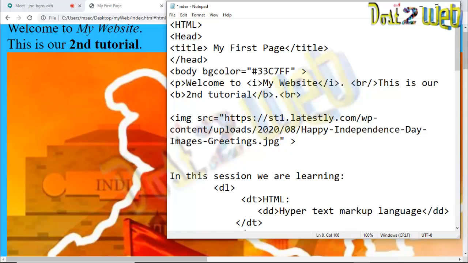I'll use width is equal to 50%. Height is equal to 50%. Okay, save it and again refresh.